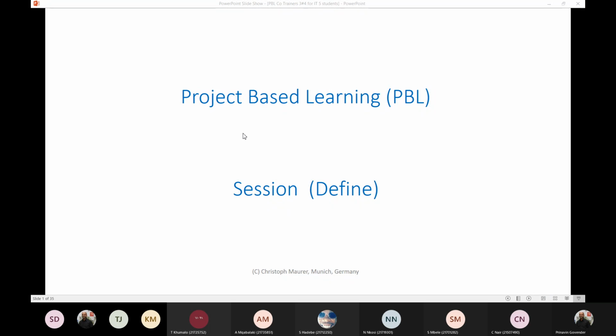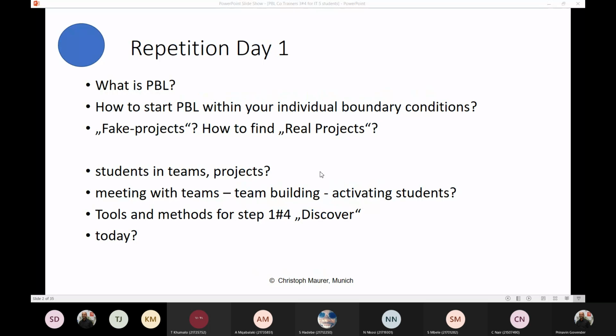Right, so I'll take it that you didn't watch the video or you weren't paying attention, but I'm going to go ahead with the next aspect of project-based learning, and the way I would like you all to define is the definition defining phase, right? So that's what I remember from our first session, which was yesterday. So why do we want to do project-based learning? Anybody? Mr. Kumar, Ms. Jagannath, Ms. Mbele, Mr. Hadebe,